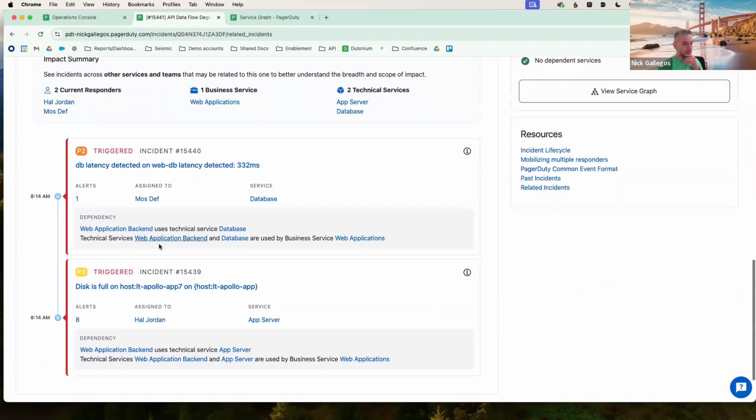And you'll see here, we've got a couple different incidents that may be related. We've got some latency on the database, disk issues on the server, and that may be affecting the incident that we're having right now. If you figure a database is down or degraded in some way, that's probably going to have some sort of cascading effect on other services. So we want to make sure that we're surfacing that for our